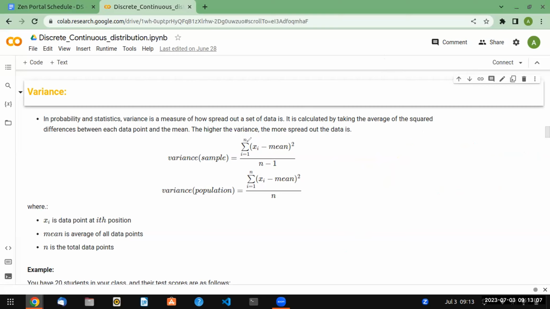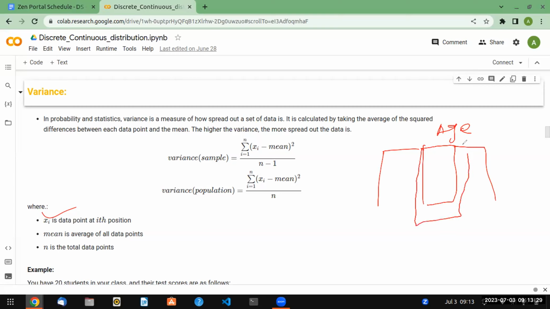What is xi? I've already written here, but can you try to understand what is xi? The values, elements in the data set, correct. So that means if you have a column which contains the age of people, here location of people, here any other details. But suppose you are considering one column where you have the age of people, right?